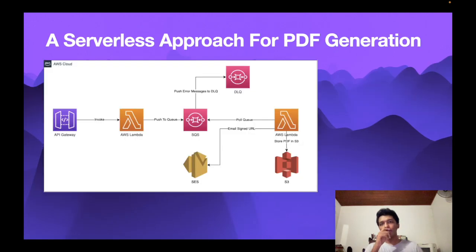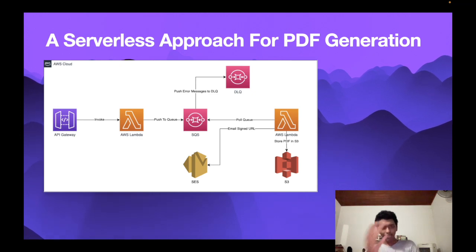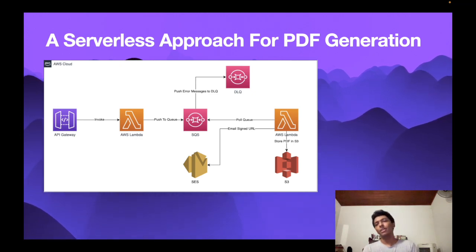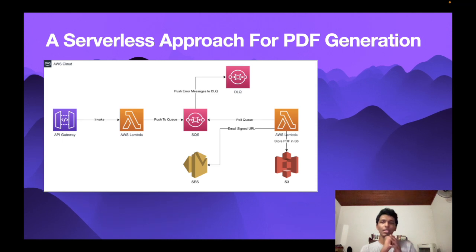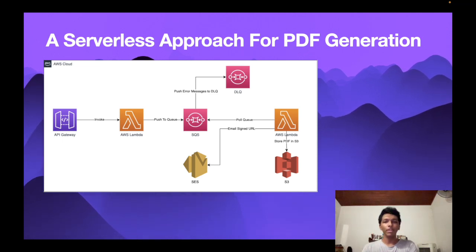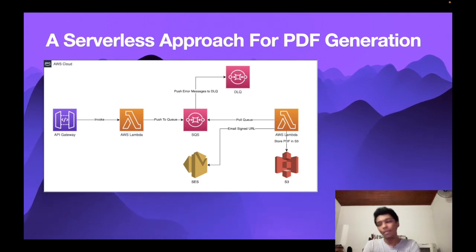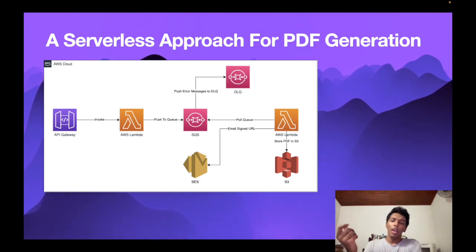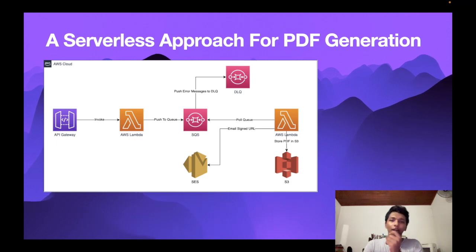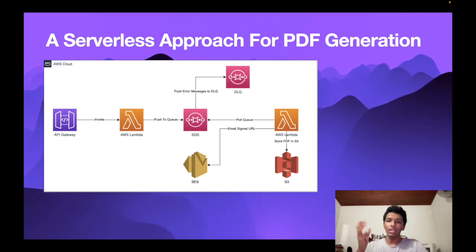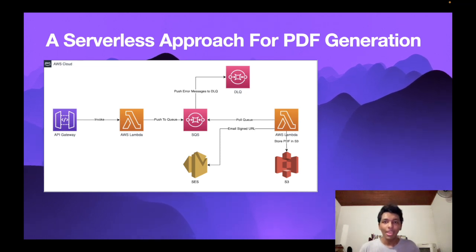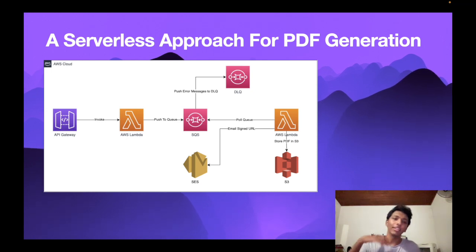And when you talk about a proper serverless architecture for PDF generation, this is something that I've recently designed and implemented personally. Our clients would want to interact with our service, so we would set up a REST API via an API gateway. Then we would most likely have a Lambda function invoking the services via the API gateway. And that Lambda function, we could set it up to directly generate the PDF